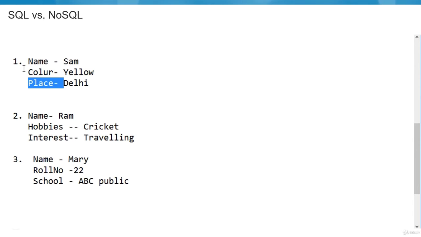I will not say that this kind of data cannot be saved in SQL databases, but pulling and pushing of the data in SQL databases will be very difficult and time consuming. So that is why we create NoSQL databases where the data is stored in table only, but not in a relational way. We will see in the coming slides how a NoSQL database is created. We will take up an example and see the things.